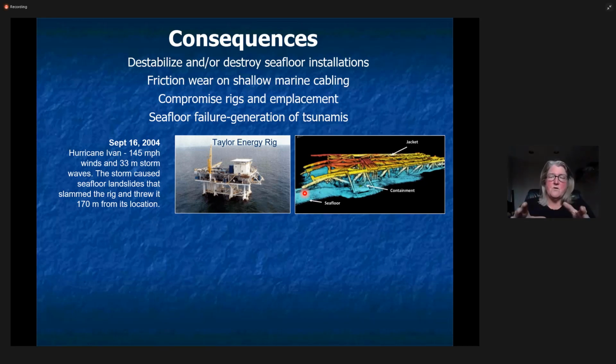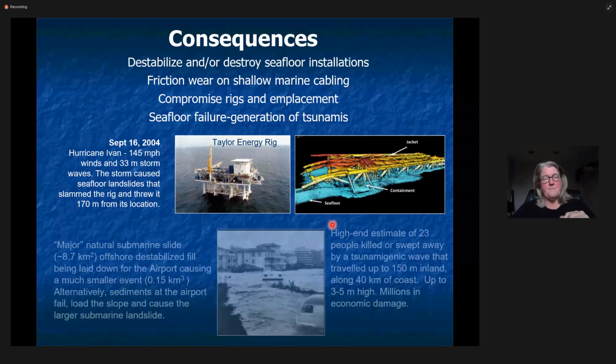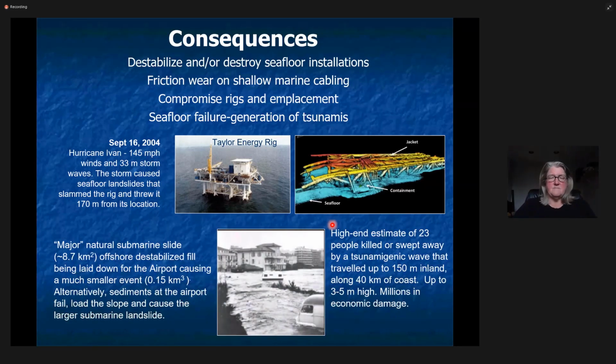So we need to better understand. It actually caused an oil slick that nobody wanted to deal with, and that lasted up until 2018 when someone, 14 years later, somebody finally plugged this oil slick, right? But we need to better understand how these processes are going to impact what's going on along the margins, these failures, and how we can influence how we build infrastructure along these margins.